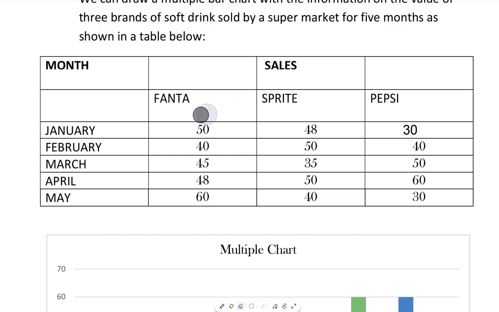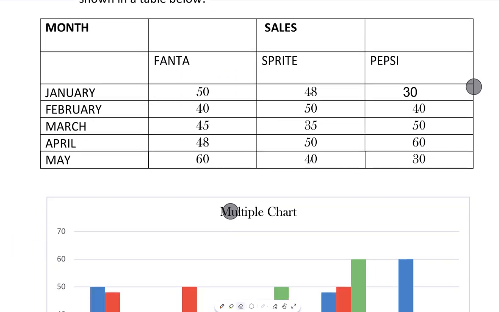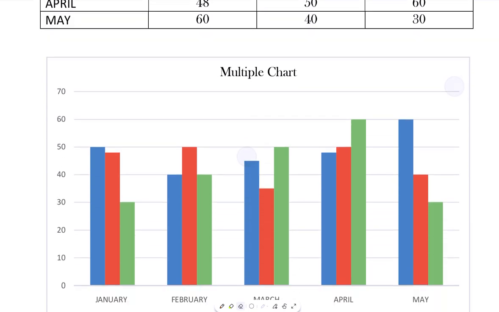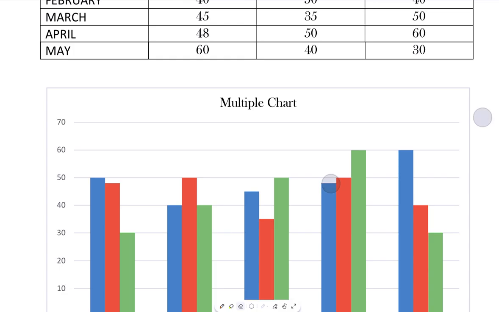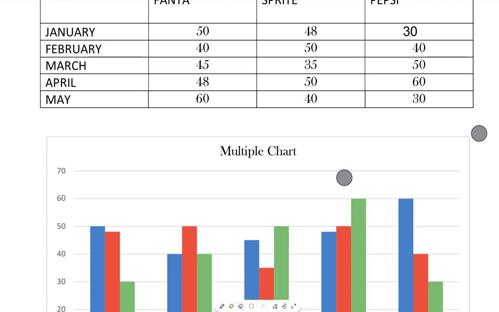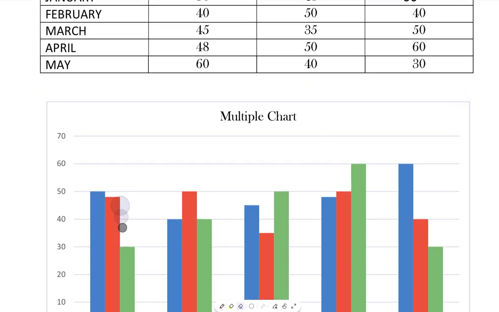Then on the other line, you can see why we said it is multiple. If you look at this part now, this is where the frequency can be, and this is where the months will be. So for us to draw the multiple chart, in January, how many Fantas do we have? 50 Fantas. How many Sprites? 48. So in here, if you are putting it on a graph with your color, you will say let Fanta be